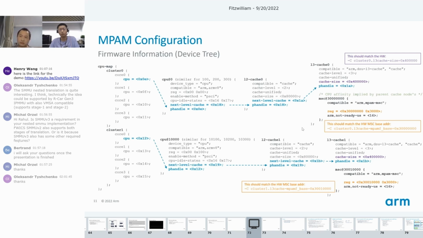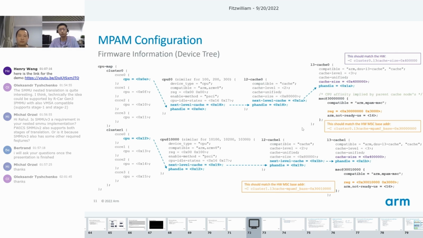Is it something similar to the static partitioning thing, the part ID, or are they different concepts? It's part of the static partitioning. That's static partitioning of hardware resources. The problem is it depends on what you have supported in your hardware. Right now, the only example we have is about L2 cache.